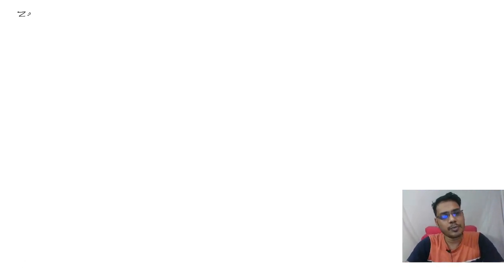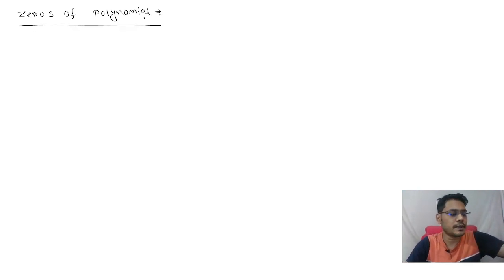Now we will read about the most important thing, that is zeros of a polynomial. What are the zeros of a polynomial? For example, if it is given that p(x) is 2x squared minus 2x plus 3, what is the zero of this? So first we need to find the zeros. So what is a zero? A real number